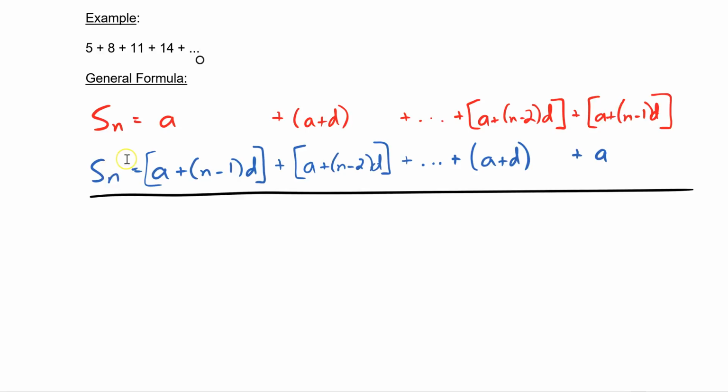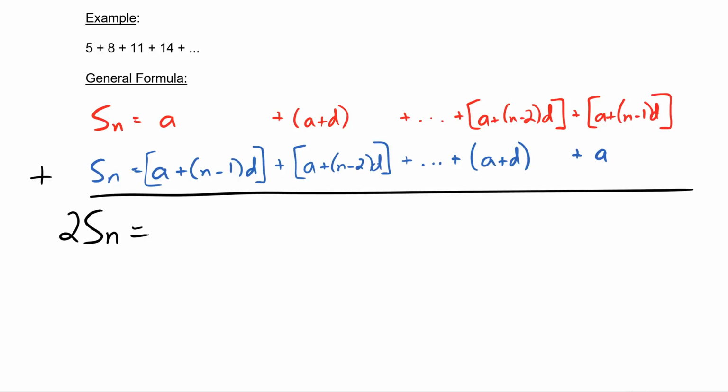Now what I have down here is the exact same thing but written backwards. So starting at a plus n minus 1 times d and then going all the way down to a. Why I'm doing that, you'll see in a moment. Just like when we use elimination, I'm going to add these two equations together. So what I'll get here is 2 times the sum of the first n terms is equal to